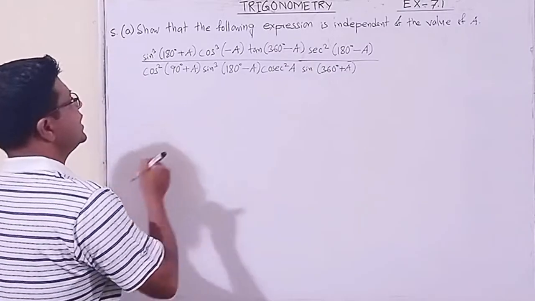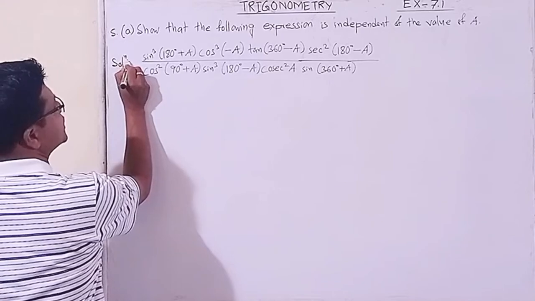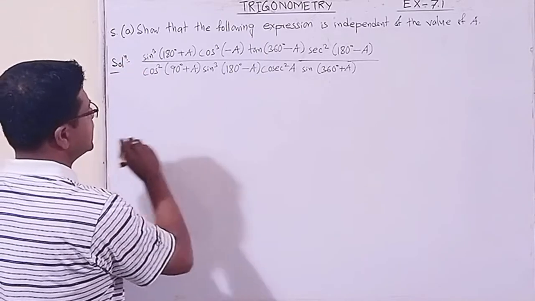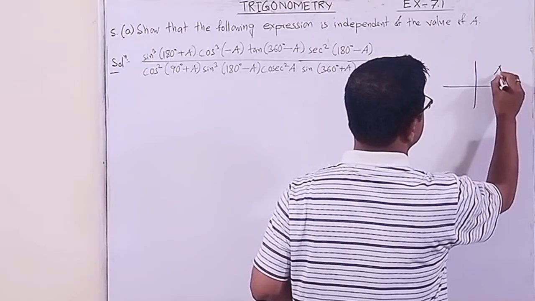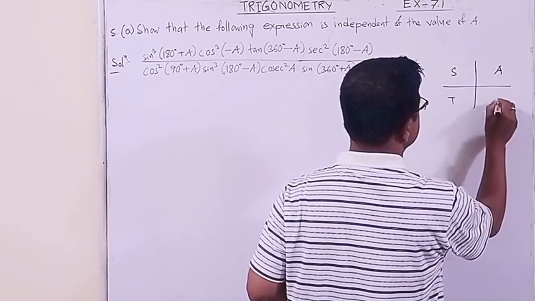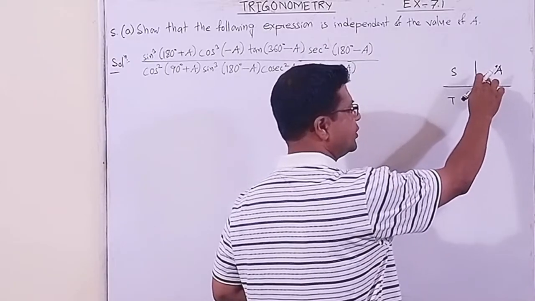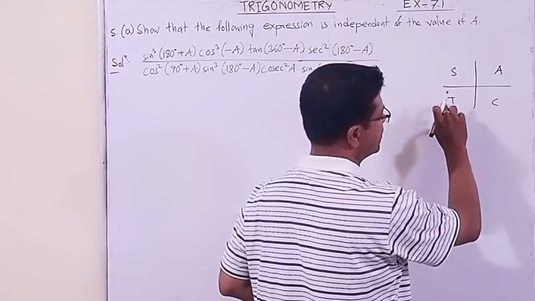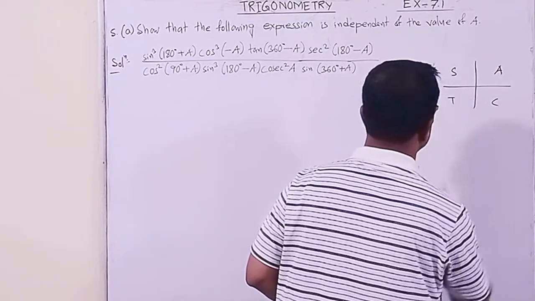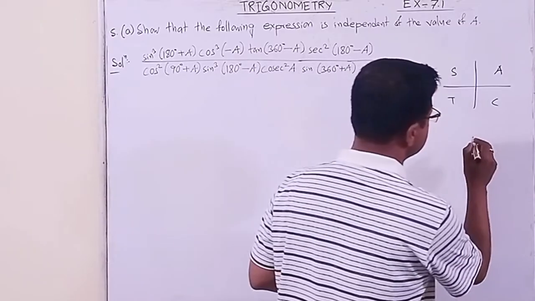So let us proceed. Here this is the question, but I want to start it from here because the question is very long. Okay. Now what is the concept? The concept is this much here, ASTC. Okay. Here all trigonometric ratios are positive. Here sine and its reciprocal is positive, tan and cot positive, cos and sec positive. Okay, one more thing here to complete this.